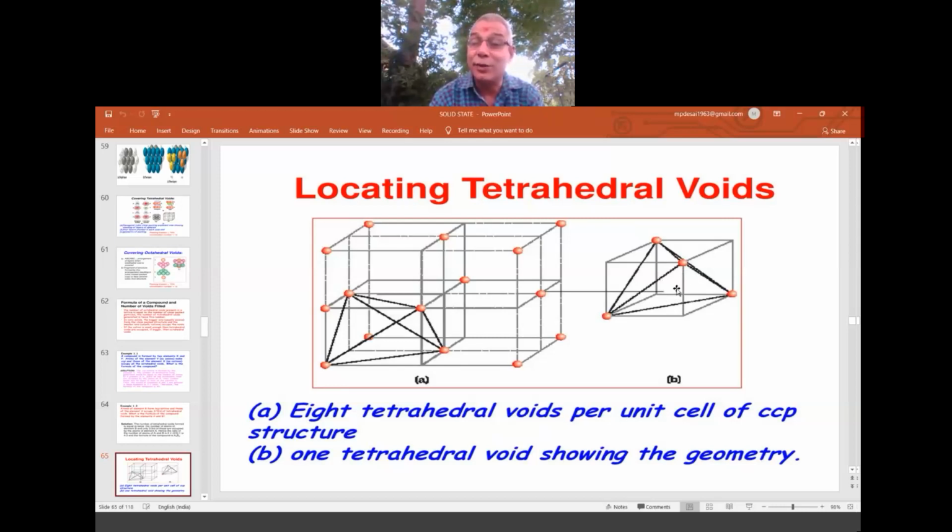In this way, a tetrahedral void is generated, located or traced. By using X-ray diffraction, with 3 at the bottom and 1 on the top, or 3 on the top and 1 at the bottom, by making use of 4 spheres, we can easily locate the tetrahedral voids. This is not done by a simple method; it is done by a spectroscopic method. Here we draw lines, but all these 4 are closely packed. This much gap will never be there.